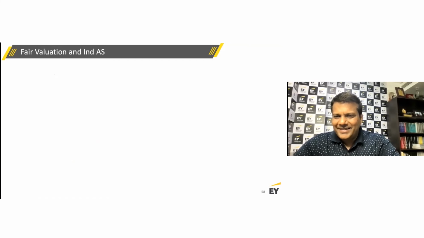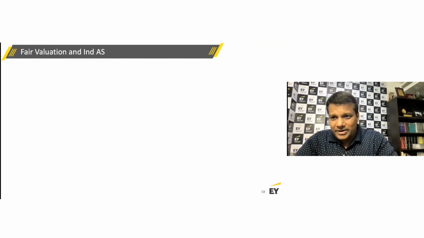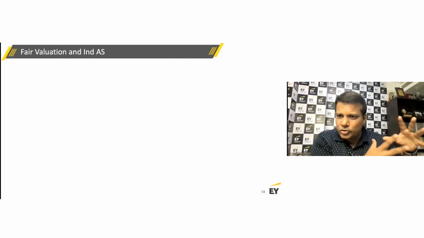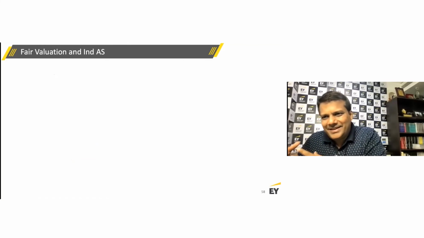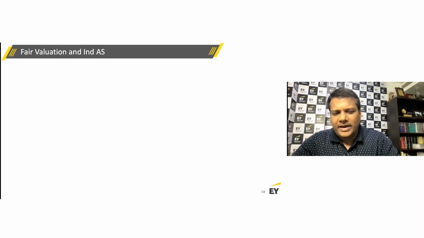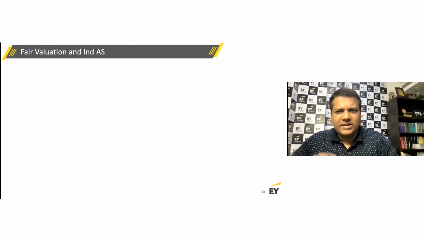So when you look at the principle, we've talked about again the valuation techniques. We've also talked about the quality of fair value, which is level 1, level 2, level 3. Level 1 is the highest good quality. Level 2 is all right. We are in okay zone. Level 3 is the gray zone, right? So you got to be very, very careful while you're looking at level 3 evidence, okay? But disclosures are important. And again, you look at company's financial statements and you will see those disclosures for level 1, level 2, and level 3.